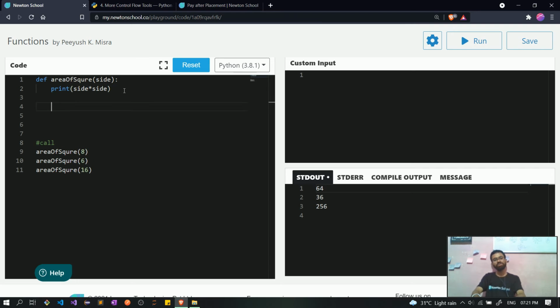And now we can also do it like this: return side into side. Instead of doing print side into side, we can use return side into side. What return side into side will do is return this value from the function. Whenever the area of the square 8 is called from line 9, it will